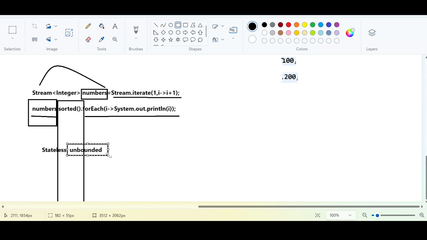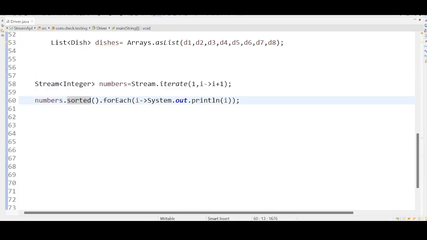Right? In contrast, the limit method is what? Bounded. The limit method is completely bounded. For example, if I introduce the limit method, the problem is solved. If I introduce the limit method,